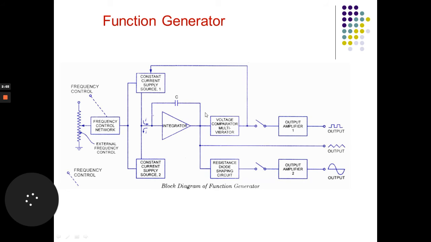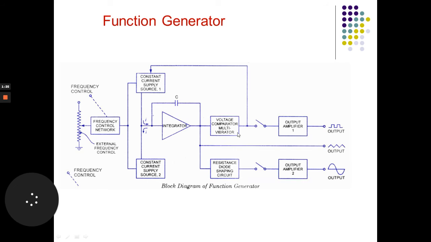Now, as per the slope of the integrator, when it is provided to the voltage comparator, during the positive slope the output of the comparator will provide the positive square wave, or the positive level of the output voltage, and when the negative slope of the integrator arrives, it provides the lower state of the square wave. So likewise, it will change the state of the integrator output.